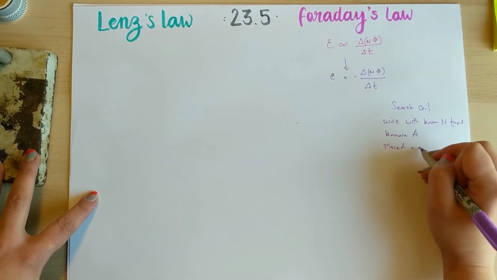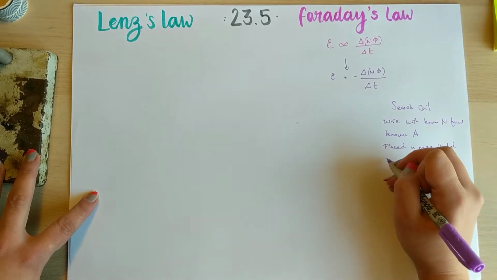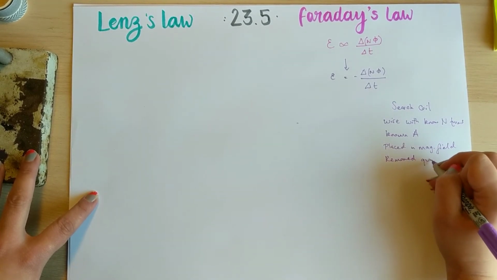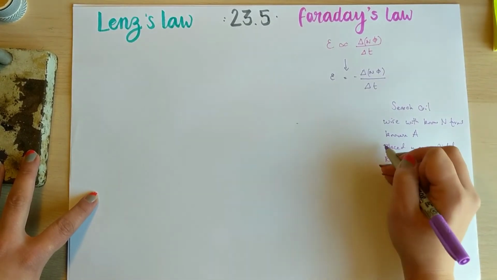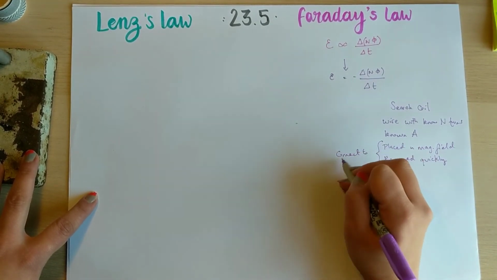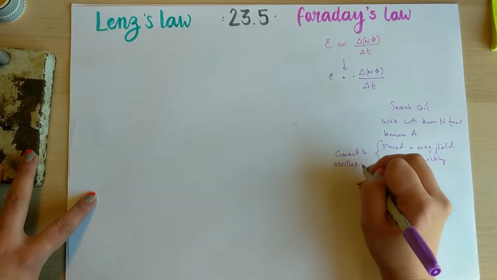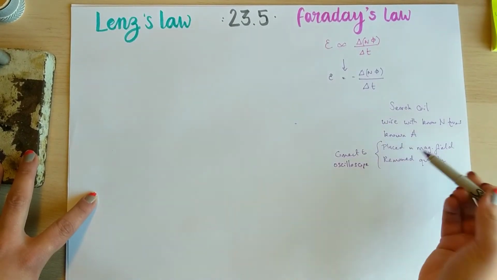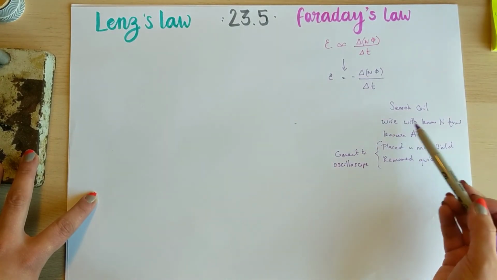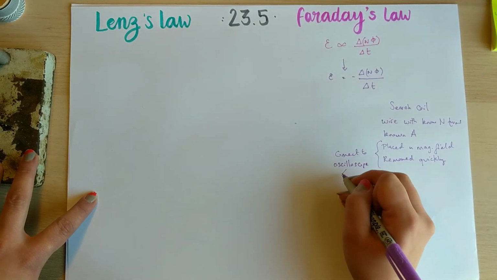So placed in a magnetic field and removed quickly. Oh, I should probably mention we would want to connect it to an oscilloscope. So if we placed it into the magnetic field and removed it quickly, it's going to induce an EMF across the ends of the wire. If it's connected to the oscilloscope, then we can measure